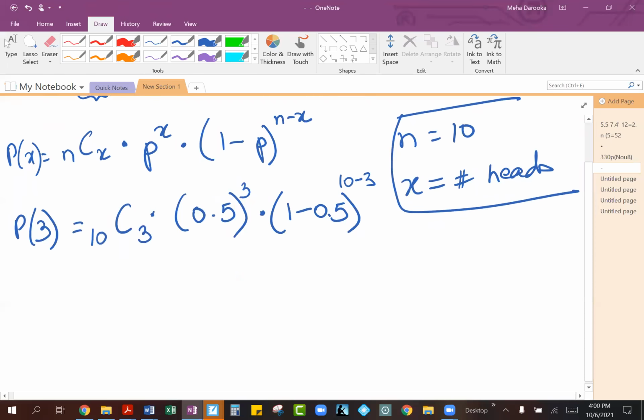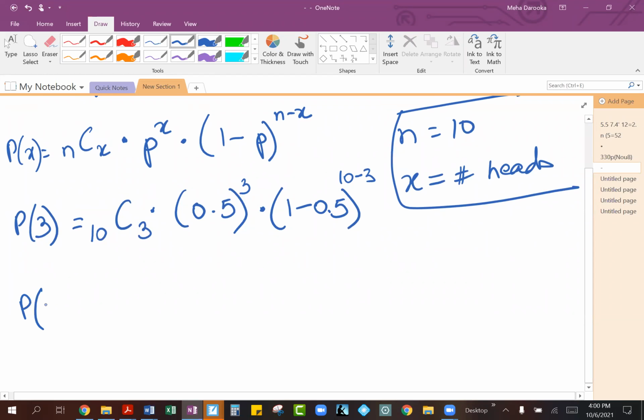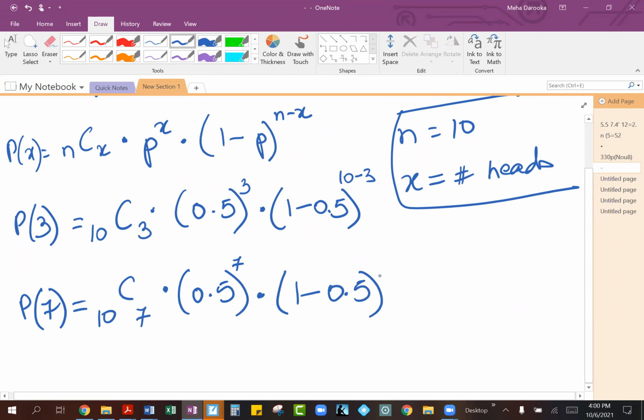So this is what you will need to calculate, and I think one of you had 7 heads in there. So you would then be changing this to 10 because your trials stay the same, but now your number of heads is 7. That means your probability is still 0.5 because you're still doing heads, but this number will change to 7. And then multiply that with 1 minus 0.5, and then the exponent will be whatever answer you get when you do 10 minus 7. So that's how you are actually calculating these.